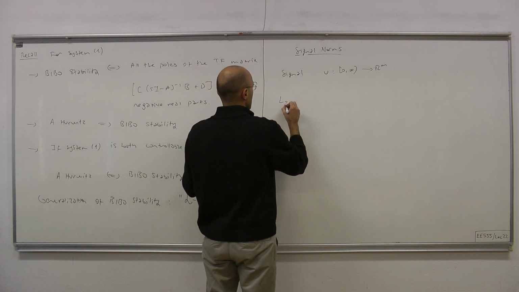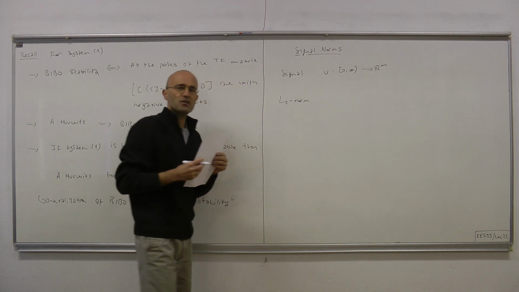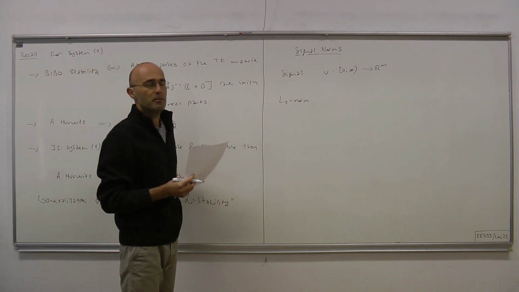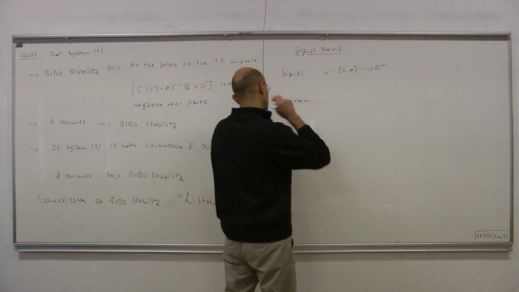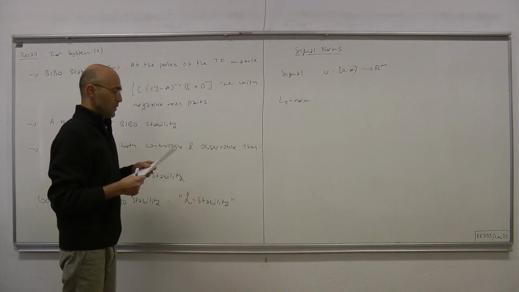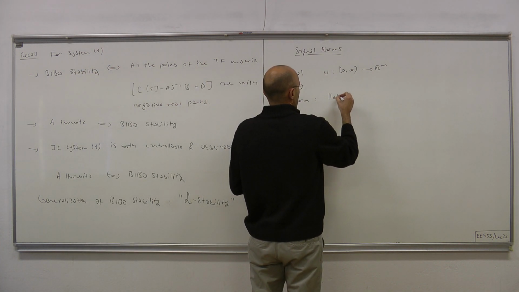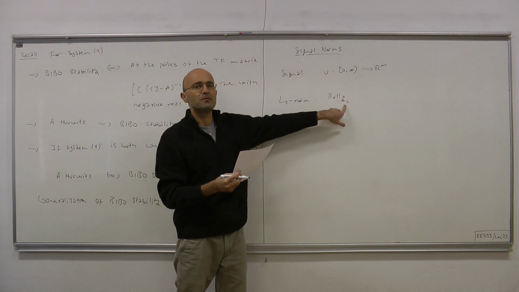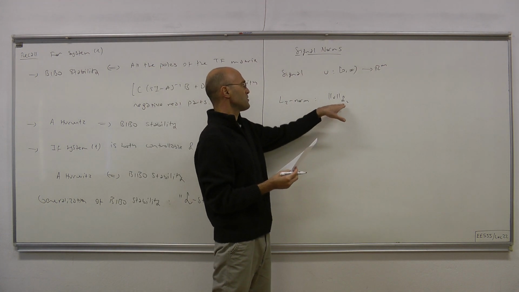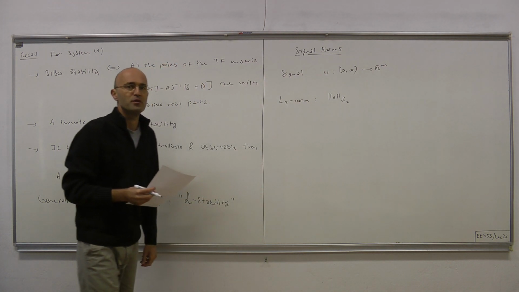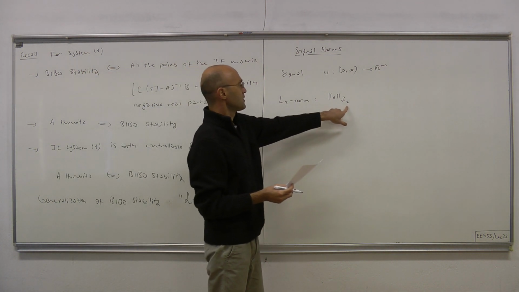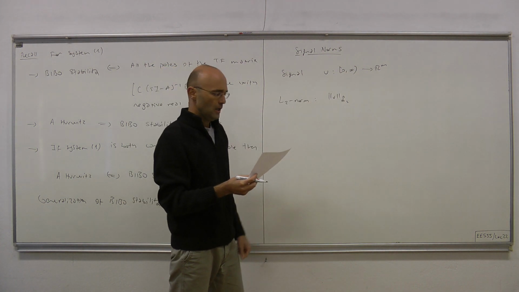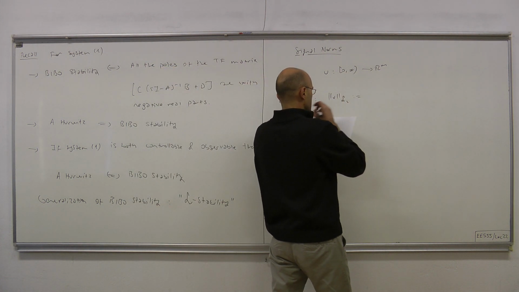Now, the L2 norm is something that's very closely related to the RMS description of a periodic signal, that we're familiar with from electrical circuits. And the L2 norm of a signal, this is the notation. Sometimes it's not written if it's obvious what norm we're talking about, but if it's not, you put a small L2 here as a subscript. Okay, so the L2 norm of a given signal is defined as